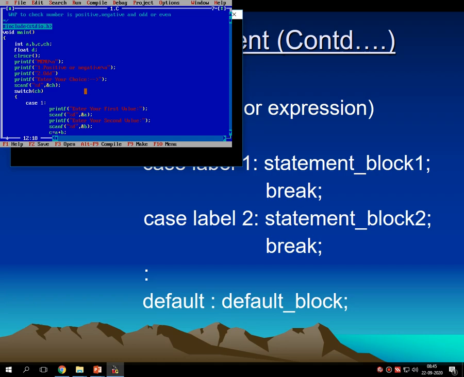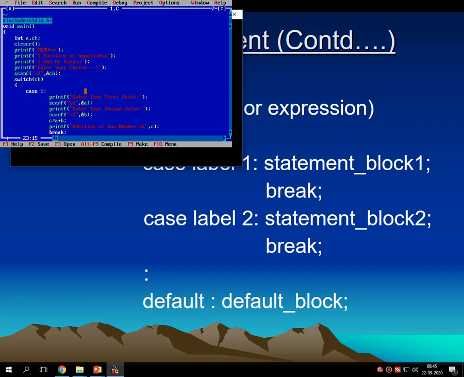Second is odd or even. Then we don't want two numbers in this entire program, so I'm just removing the additional variables. A and ch I kept as they are.